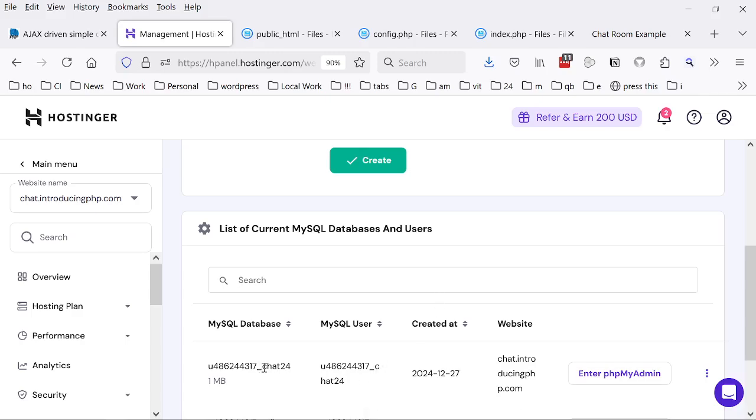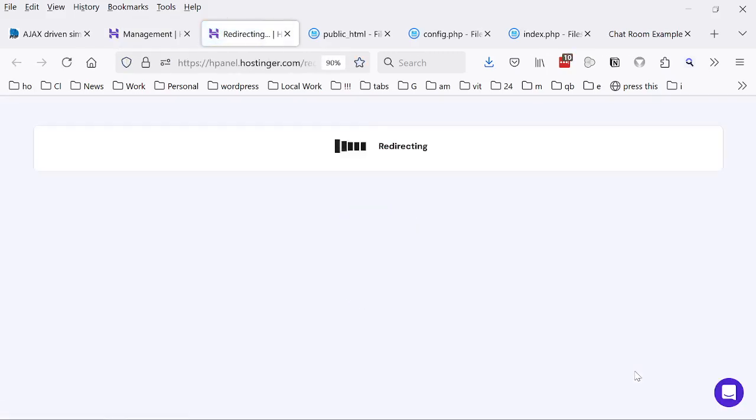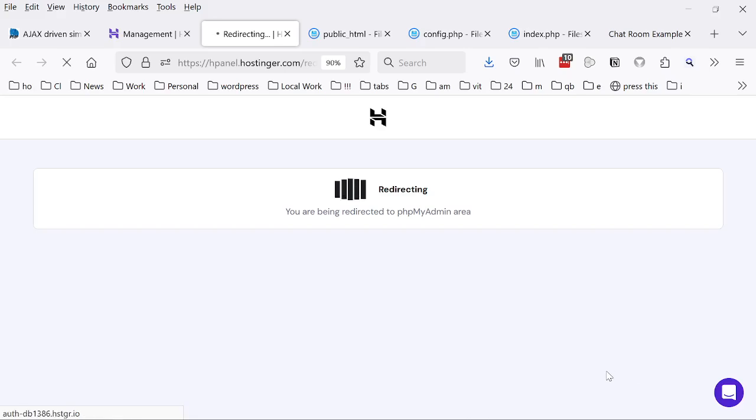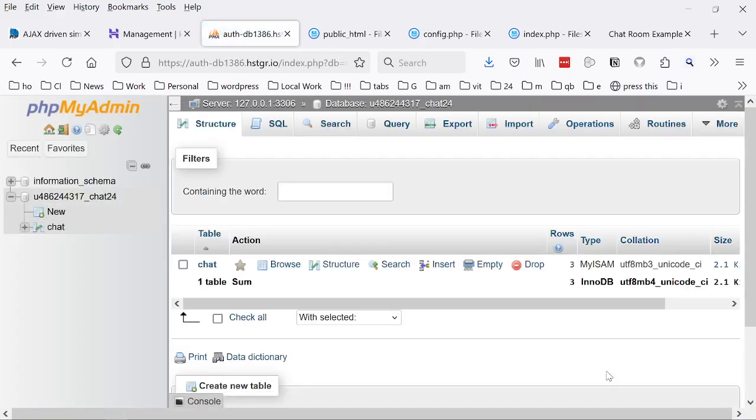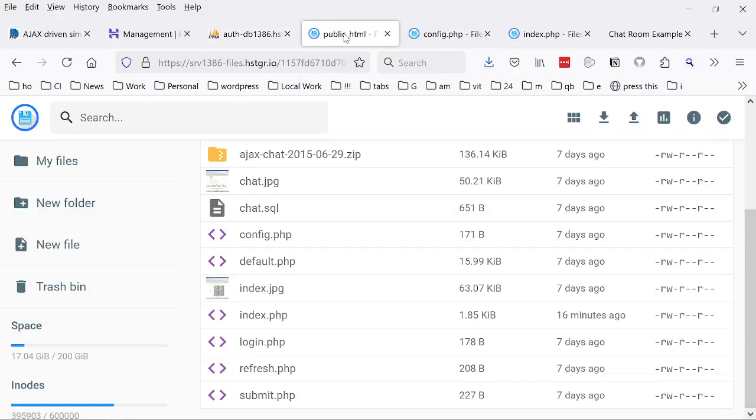So here is my, and once you've done that, you have your PHP, your MySQL database set up with a username. You set up a password for it. And what I'm going to do next is enter the phpMyAdmin. And I already did this, which was to create a chat table inside the database. And the information for that is